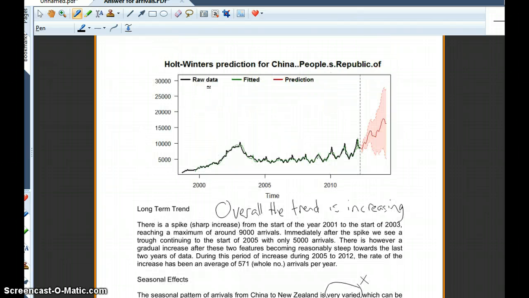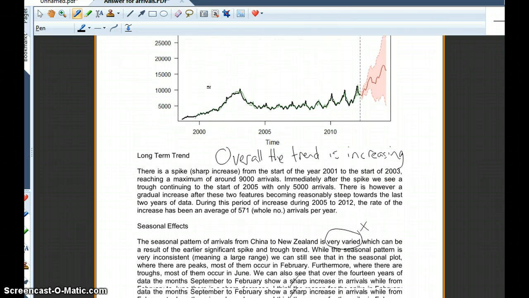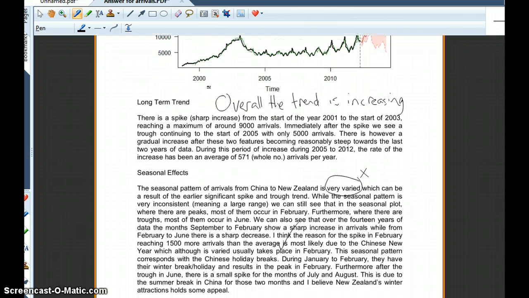Without showing you the graph, you can picture it, the overall trend is increasing. Then you can break it down and say for a period and highlight where it is decreasing. But nowhere in that paragraph does she say what the overall trend is. She talks about the trend of 2 or 3 years, increasing, then decreasing, then increasing, or she needs to state the overall trend is increasing. Then you can break it down.